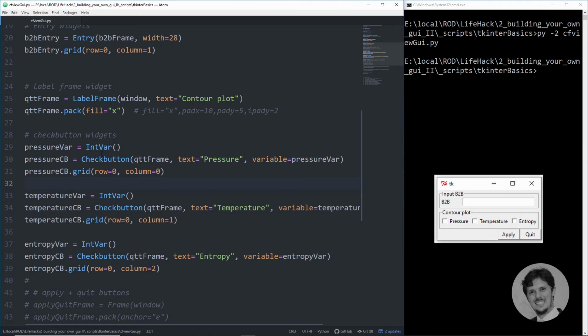As I said, obviously you need to create those IntVars, or those variables, for each checkbox, because if you just use pressure var for each checkbox, when you click the first checkbox, all the checkboxes will be clicked together, right? So now if I save it,